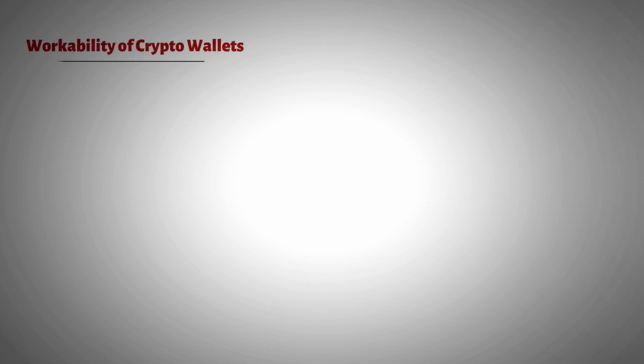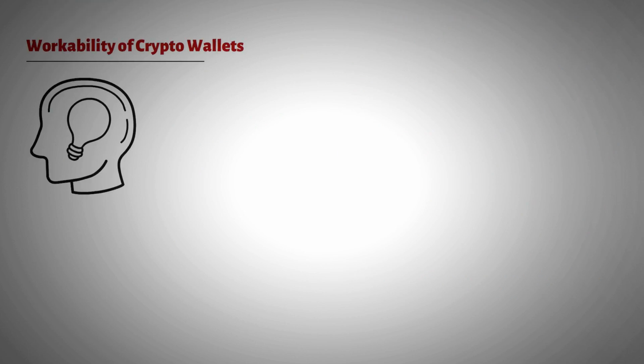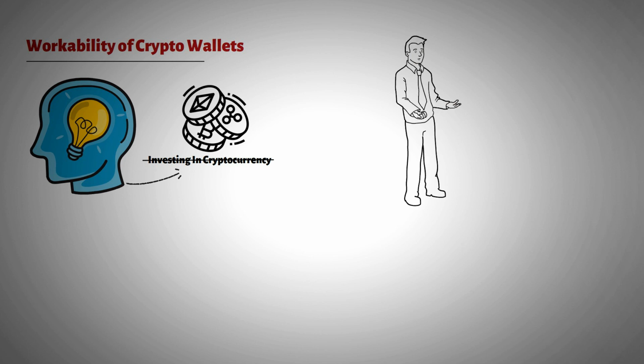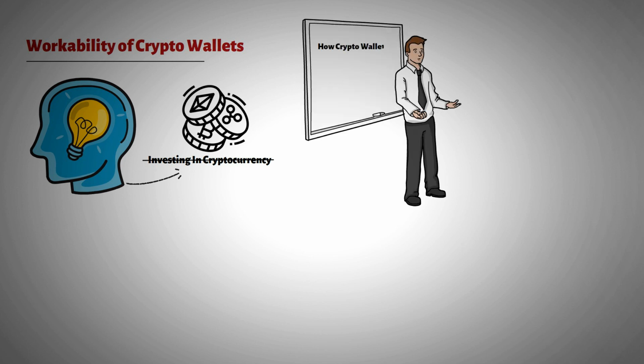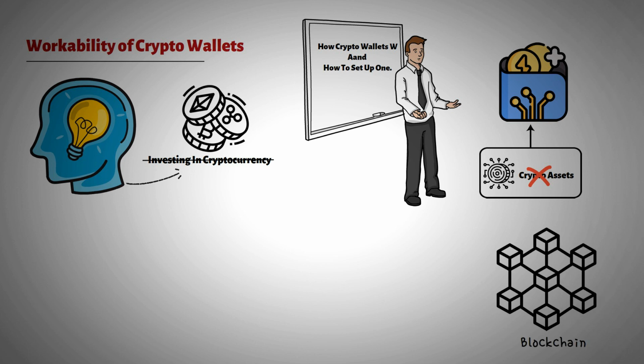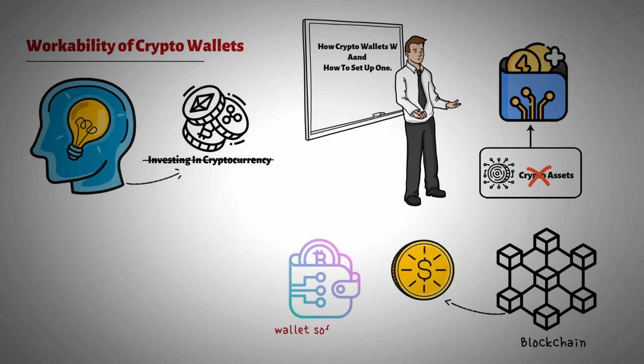Workability of crypto wallets. Without understanding the workability of crypto wallets, investing in cryptocurrency would be a bad idea. For this very reason, let us take the opportunity to inform the viewers how crypto wallets work and how to set up one. Wallets do not hold the crypto asset. Essentially, the blockchain keeps the coins, and the wallet software allows you to make transactions and interact with the balances